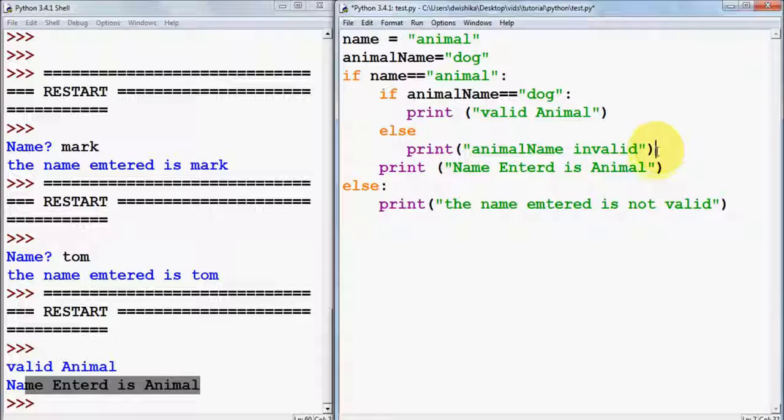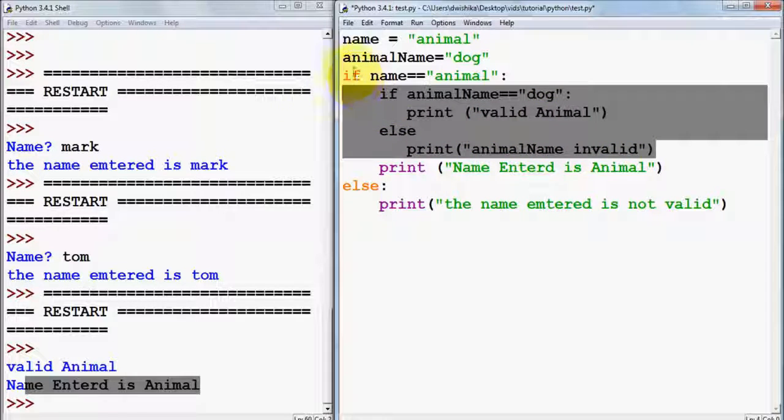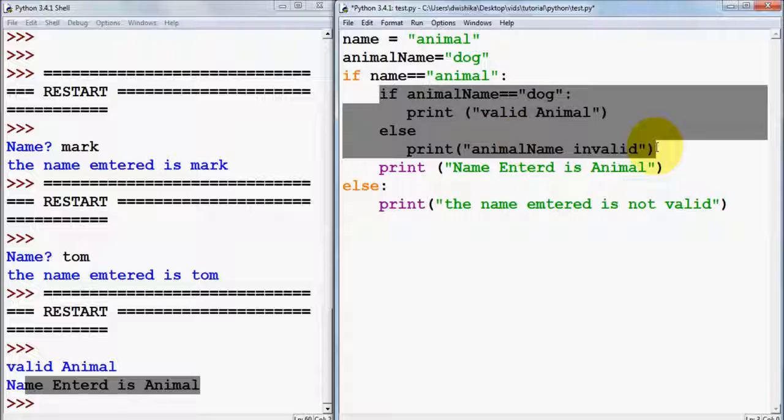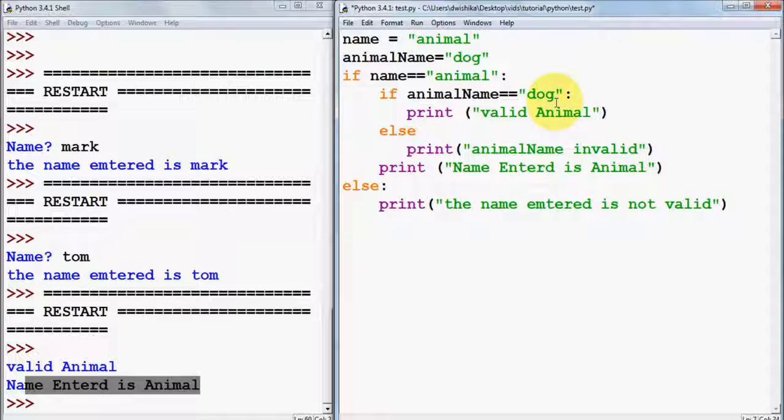So this is my if else condition inside my another if condition. This is like a parent if, and this is like a child if else condition. Now I change this name to some other name, cat for example, and I save it and I run it,